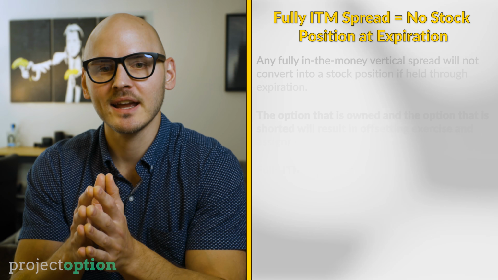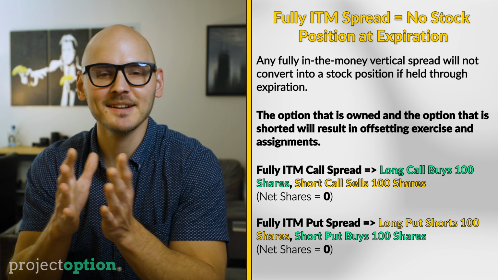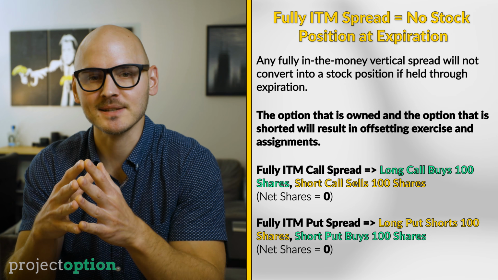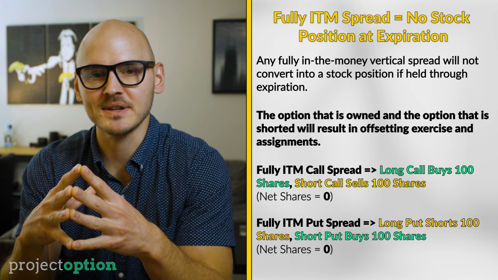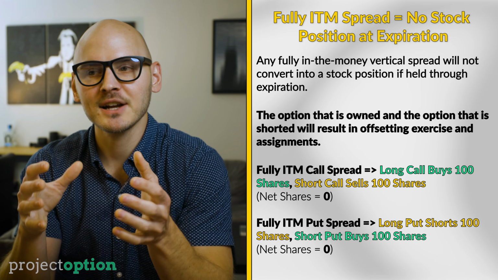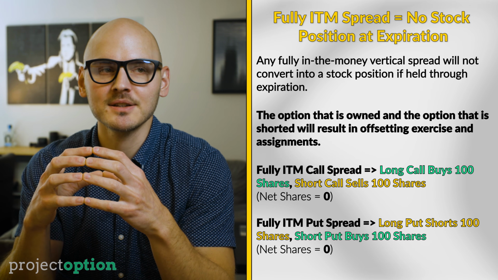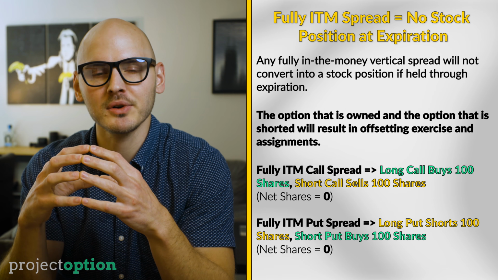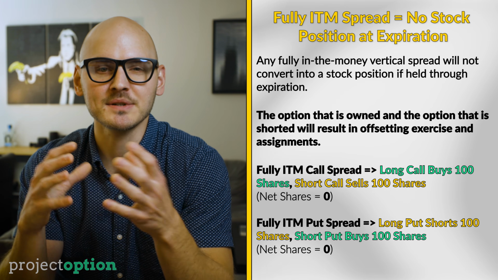So if the vertical spread is fully in the money and you allow it to expire in the money, then the exercise and assignments will offset and you will not end up with any stock position after expiration. Regardless of that though, you will pay exercise and assignment fees based on whatever your brokerage firm charges, and I actually would not recommend holding a vertical spread through expiration just because you have the option to close it before expiration, in which case you don't have to worry about what's going to happen when those options expire in the